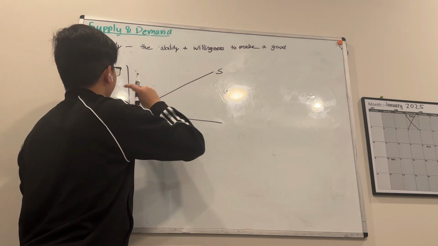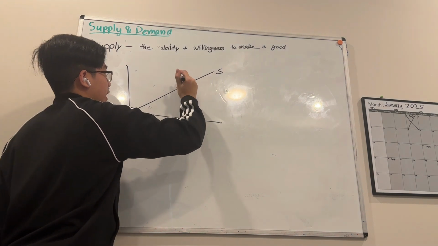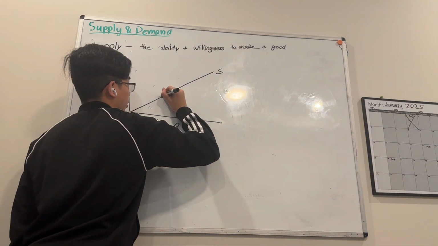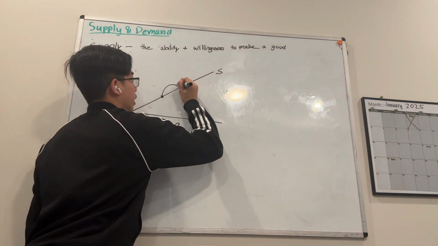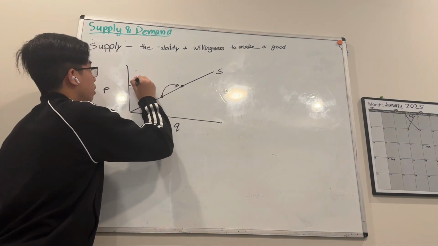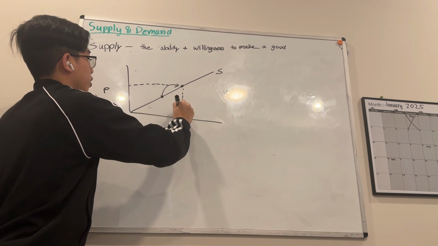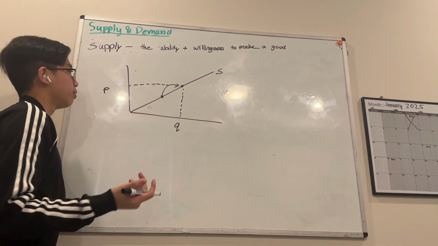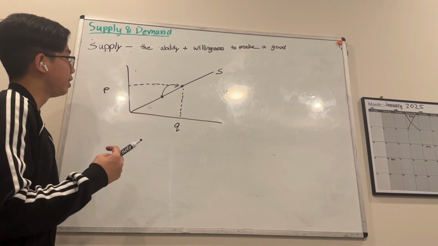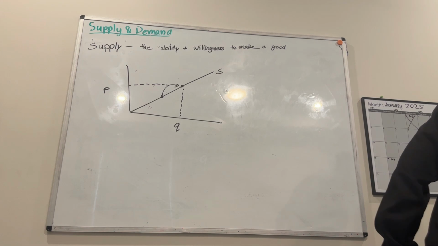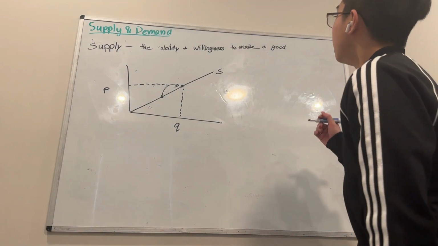So just like demand, if the price of the good changes, it changes the quantity supplied. Like, let's say the price and quantity are right here. And now the price increases. It's right here. This is going to cause the quantity supplied to increase as a result of the increase in price. Now, supply can also shift, just like demand, from a change in one of the 5 determinants of supply. The determinants of supply